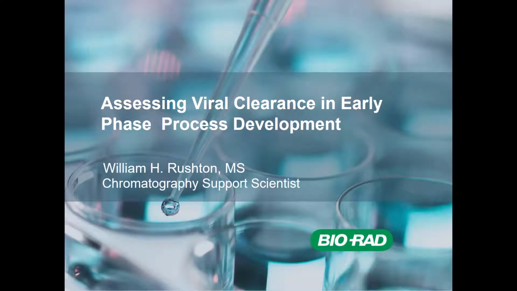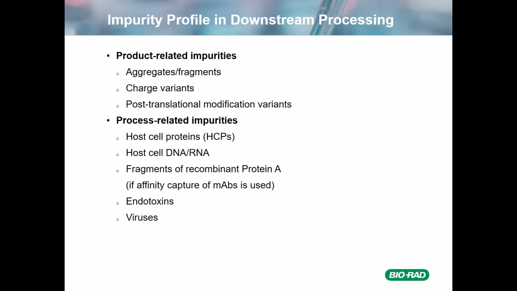Thank you, Leah. Today I will be talking about assessing viral clearance in early phase process development. I'd like to begin with an overview of impurity profile and downstream processing. So you'll have your product-related impurities: aggregates and fragments, charge variants, and post-translational modifications, as well as process-related impurities: host cell proteins, host cell DNA, RNA. If you're using a protein A capture with a MAB, you'll have fragments of recombinant protein A, endotoxins,